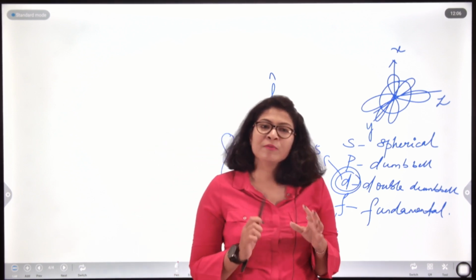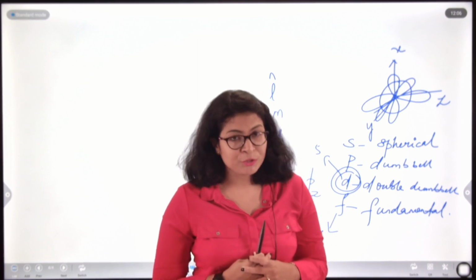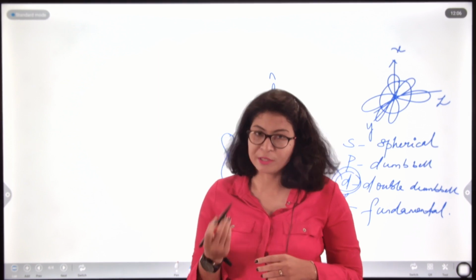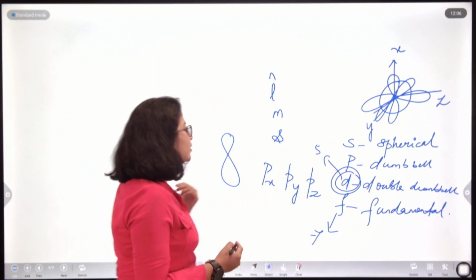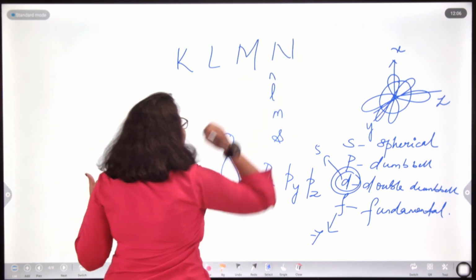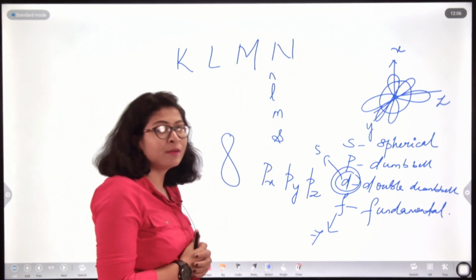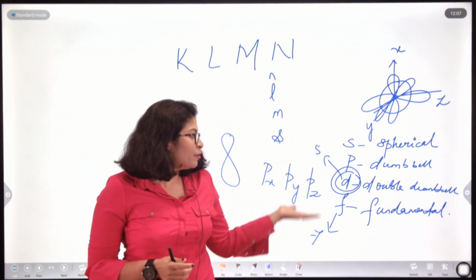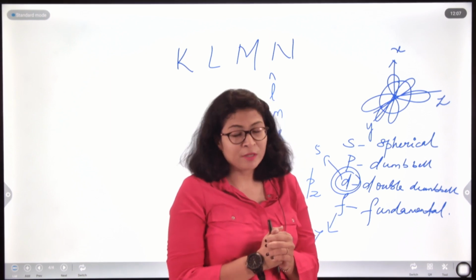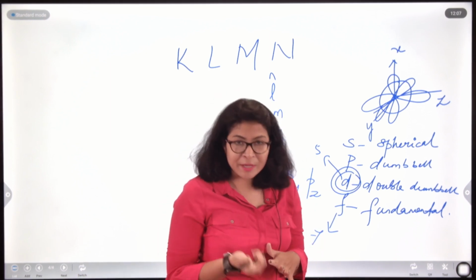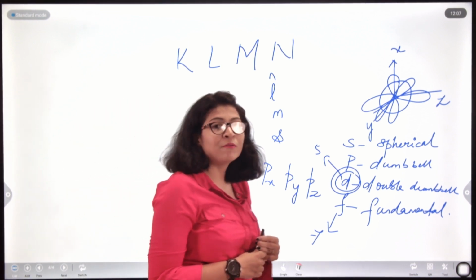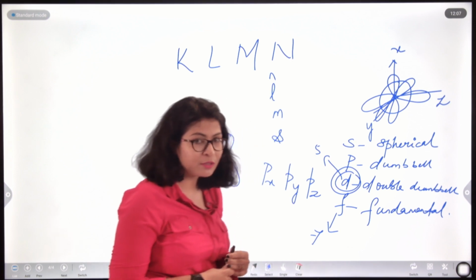Now, after we found the concept of orbitals and subshells, the concept of electronic configuration was revised. Earlier we were dealing with a KLMN configuration, like these were the orbits and we were distributing the electrons as per the magic numbers. But after we found out these orbitals, the concept of electronic configuration was further revised and we found that electronic configuration was governed by certain rules. So, what are such rules?